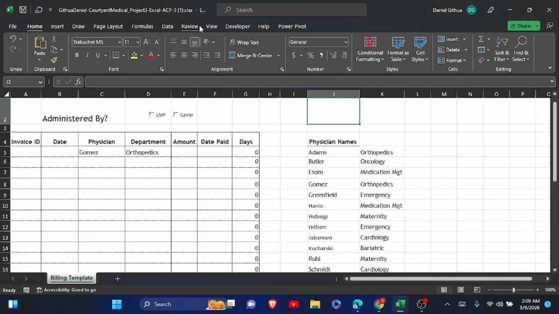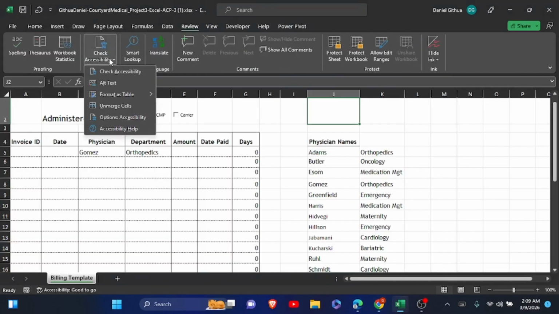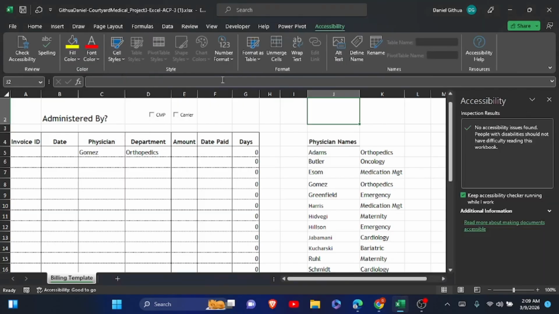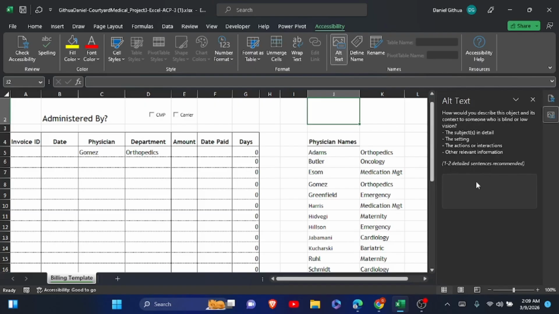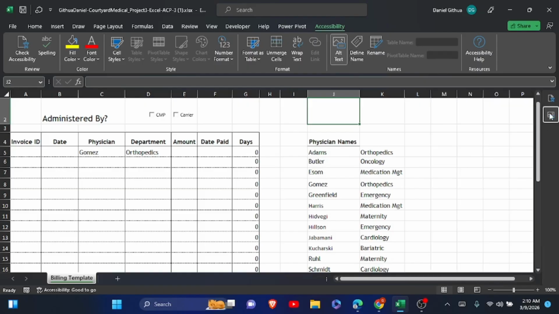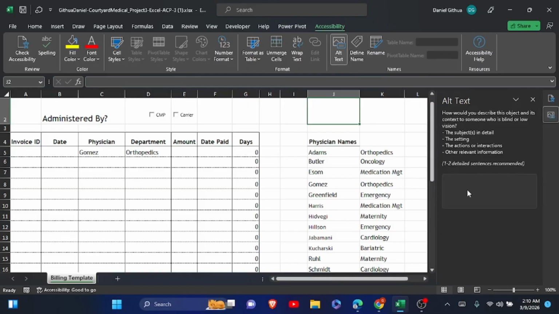So click on review, check accessibility, and then on the alt text, click on that text, and we're going to type. So when you click here, yours will allow you to paste, so you'll paste here and everything will be okay. I had already done it earlier and I wasn't able to undo it,